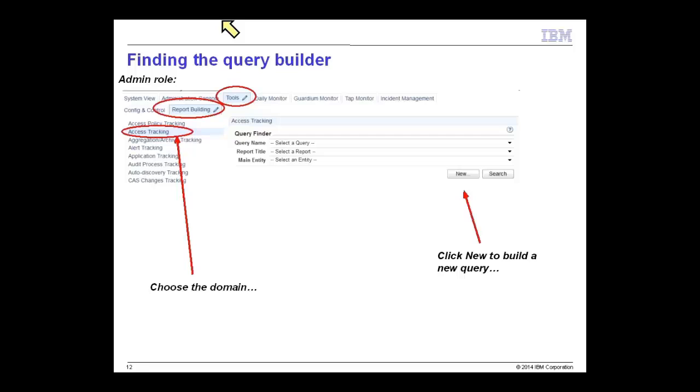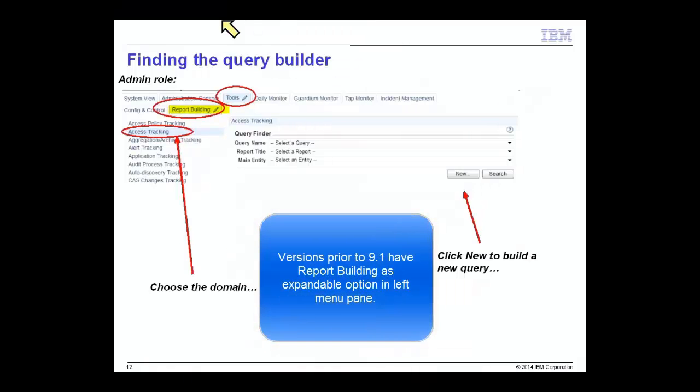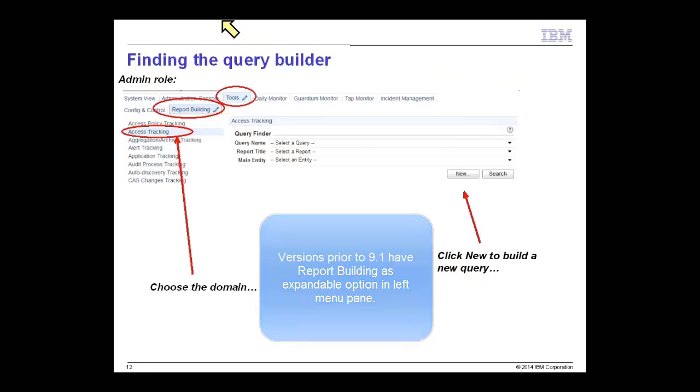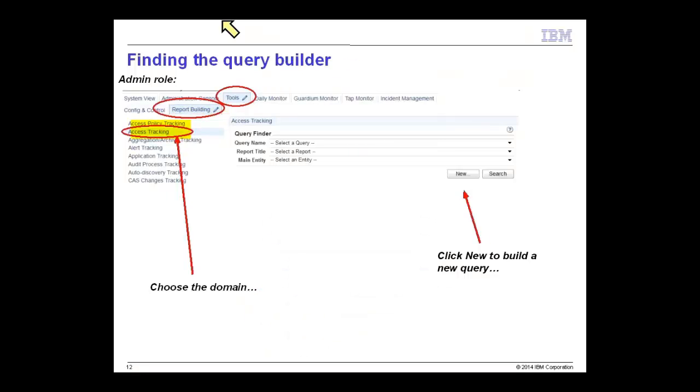which is the one that we are seeing in the slide now, and for the regular user. So for the administration role, we have a tab named Tools. It has two tabs. One is for configuration and control, and one is for report building. If we click on the report building tab, we're going to have a long list of tracking: access tracking, the one that I just clicked, aggregation tracking, alert application tracking, etc. There is a long number, and we are going to use the access tracking